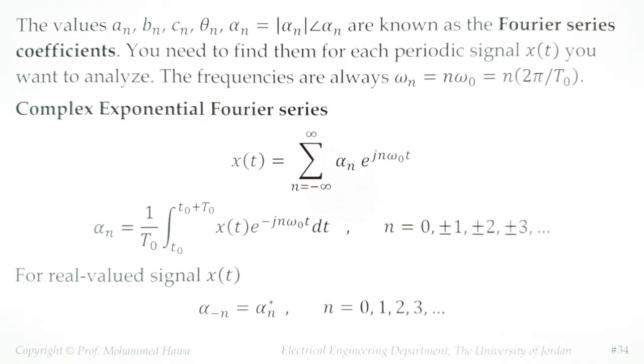Integrate over one period for that x of t, and you're going to get all the alpha n's you want. A lot of times our signal x of t is real valued, so you really don't need to find alpha minus 1, alpha minus 2, alpha minus 3, alpha minus 4. If you find alpha 1, alpha minus 1 is exactly the same but with a complex conjugate. If you find alpha 2, then alpha minus 2 is its complex conjugate. Only if your x of t is complex, which is a very special case that does not exist in real life, then you need to find the integral for all possible n's. We will not use the integral right now, but please memorize it so we can use it later on.